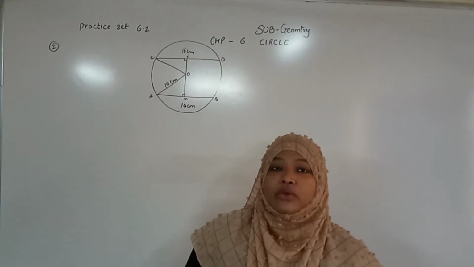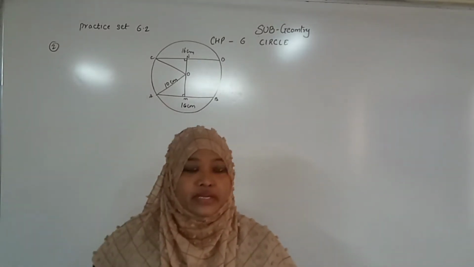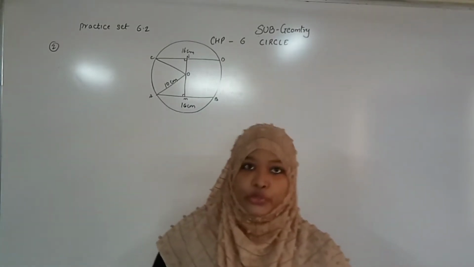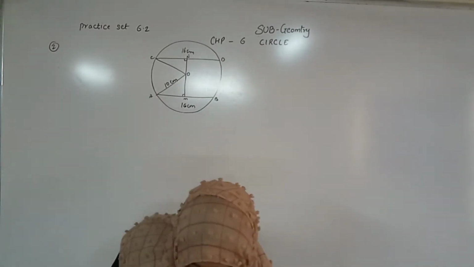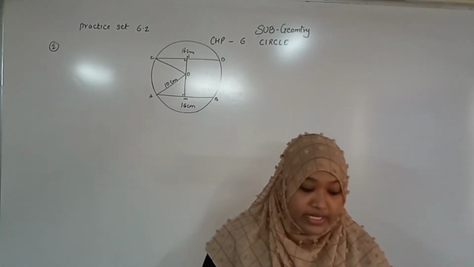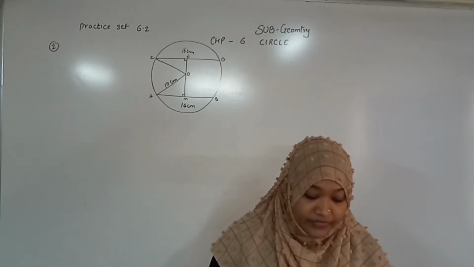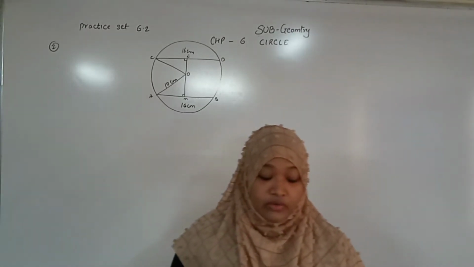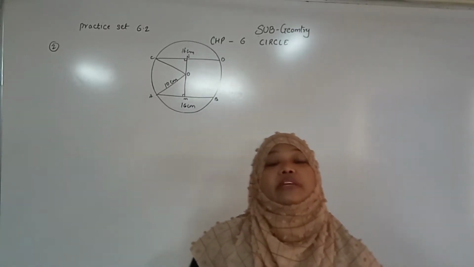Students, now we continue our chapter that we have already started. The sixth chapter is Circles. Today we are going to start 6.2. In this 6.2 we have to learn one more important theorem. What is that? Congruent chords of a circle are equidistant from the center of the circle.